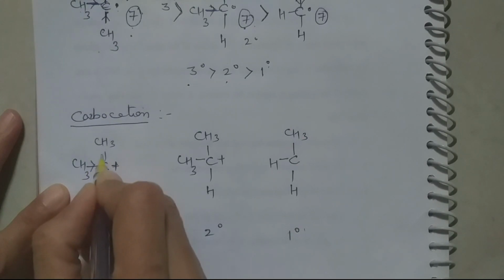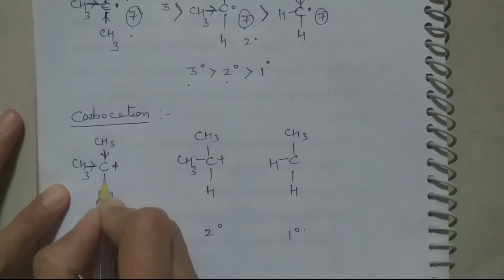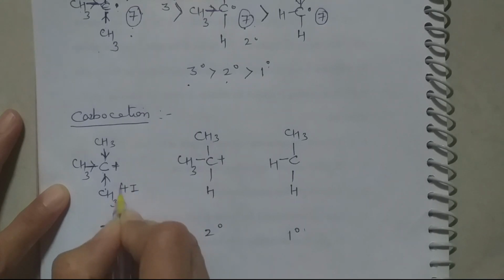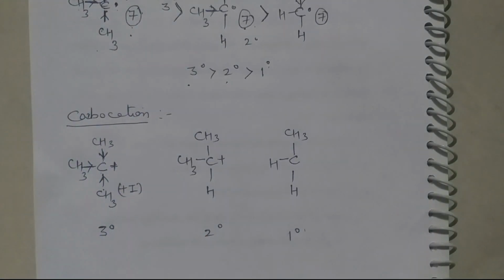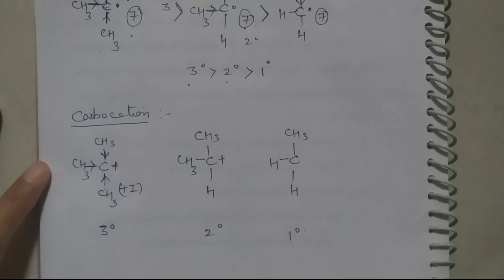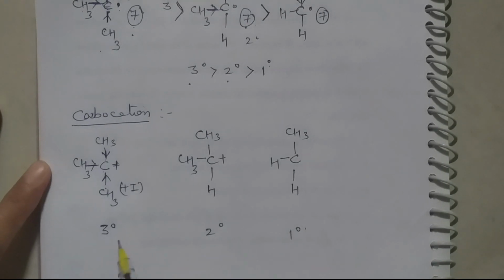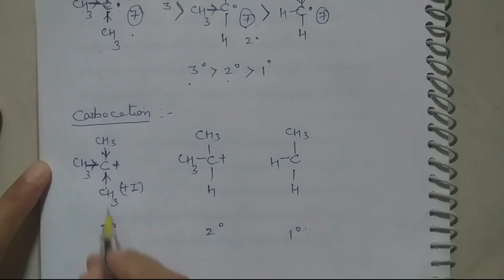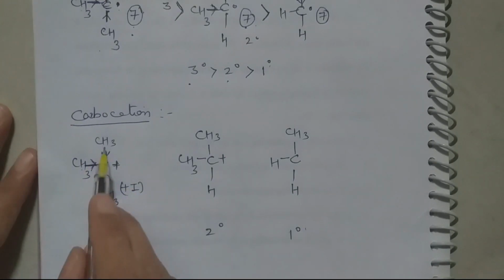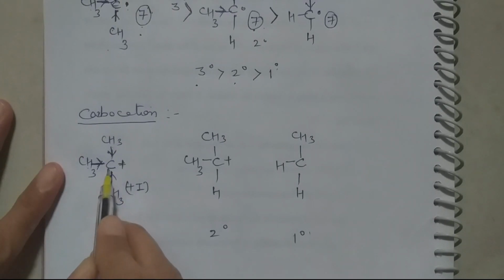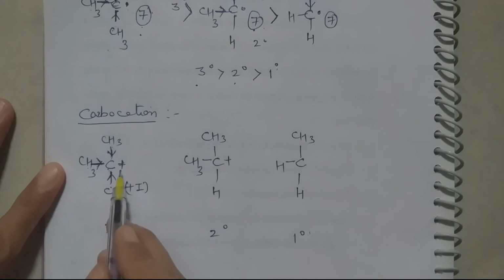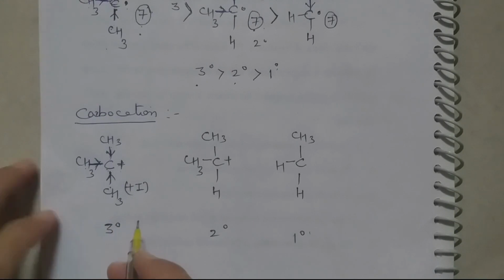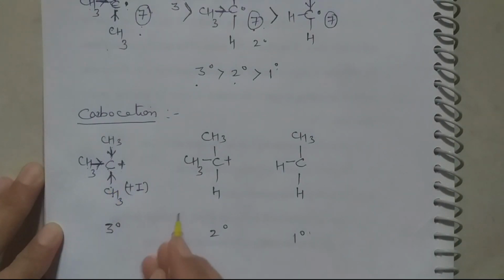The 3 CH3 attached to this carbon have the capacity of giving electrons because they have plus I effect, inductive effect. Plus I effect is known as inductive effect. I will tell you about this effect in another of my videos that I will upload. You can see over there what is plus I effect and how this effect is produced. The 3 CH3 which are giving electrons to carbon make this carbon electron efficient. Previously it was electron deficient, but after providing electrons by these 3 CH3 it became electron efficient. Its electron deficiency is overcome.